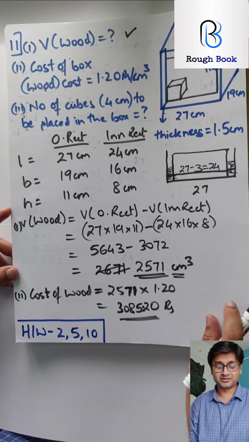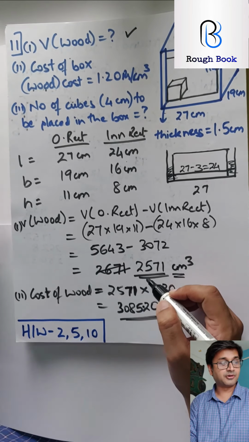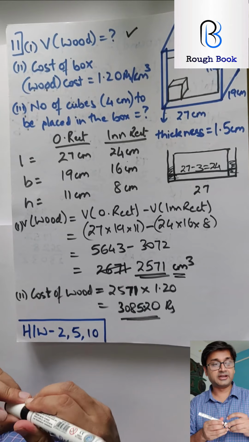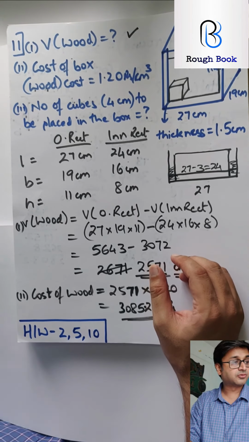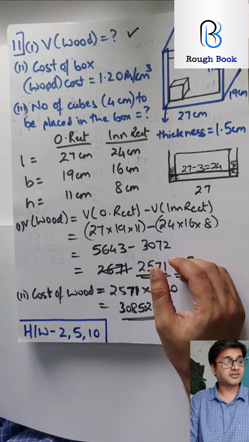Even businesswomen, right? Sorry. Alright, homework, sum number 2, 5 and 10. Please do these sums honestly, do not cheat, and in the next video we'll continue with this exercise and we'll try and finish this one.